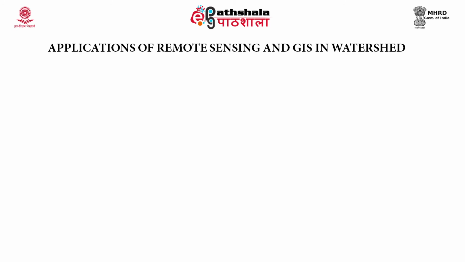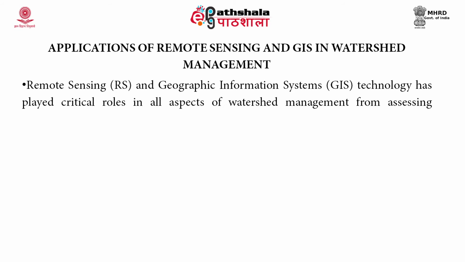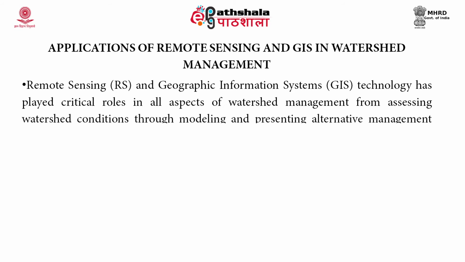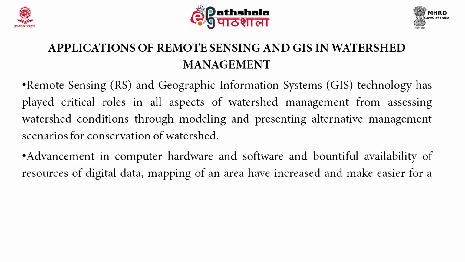Now let us talk about the application of remote sensing and GIS in watershed management. Remote sensing and geographic information system technology have played a critical role in all aspects of watershed management, from assessing watershed condition through modeling and presenting alternative management scenarios for conservation of the watershed. Advancement in computer hardware and software, and bountiful availability of digital data, have increased mapping of an area and made it easier for researchers in the field